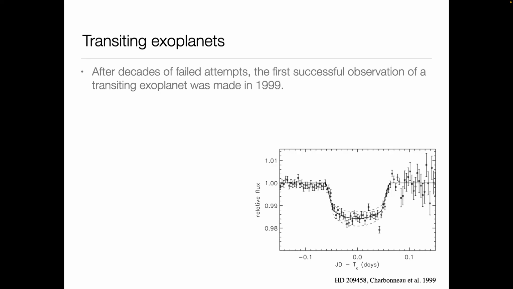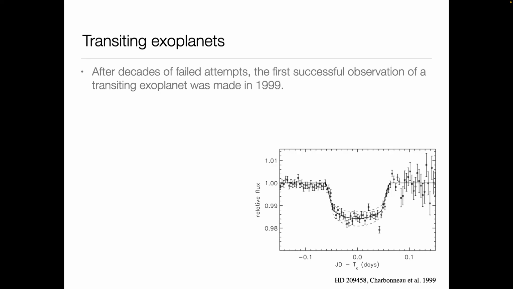Now, this 1999 detection might click for some of you who know the exoplanet research history. This is not the first exoplanet discovered, for good reasons. For the reason I just mentioned, the very first discovery came from a completely different method that I will not even discuss. Pulsars are a very different type of star, and they use the timing of pulses from dead neutron stars to figure out that there are some planets around them.